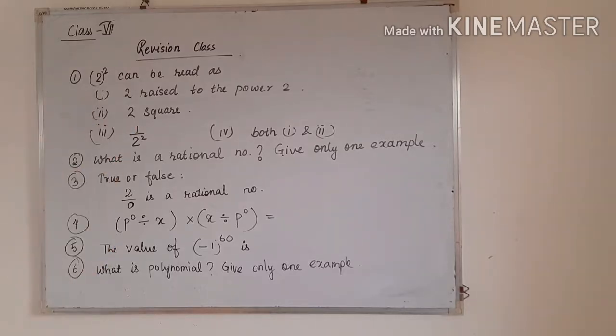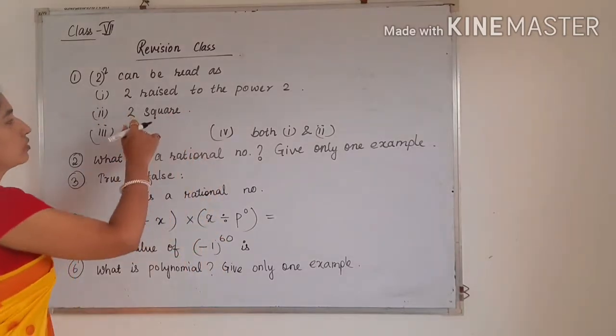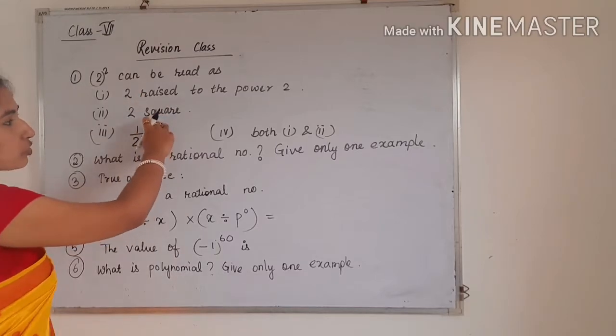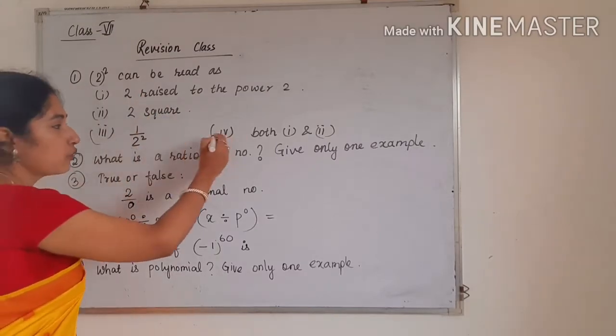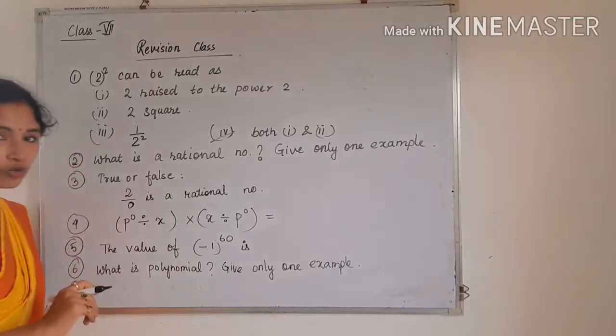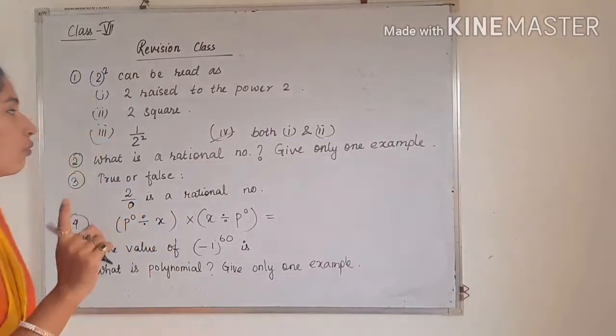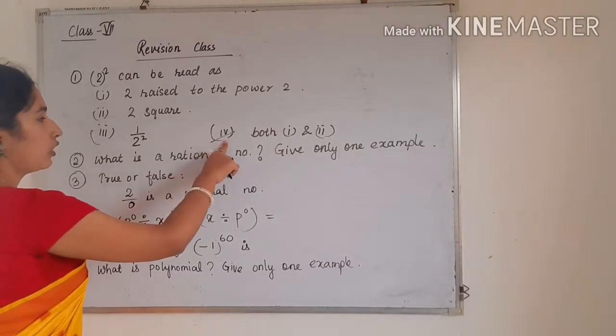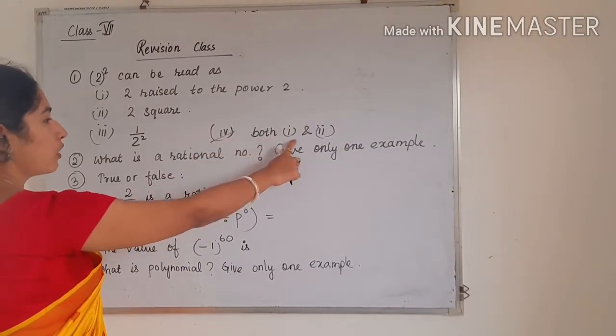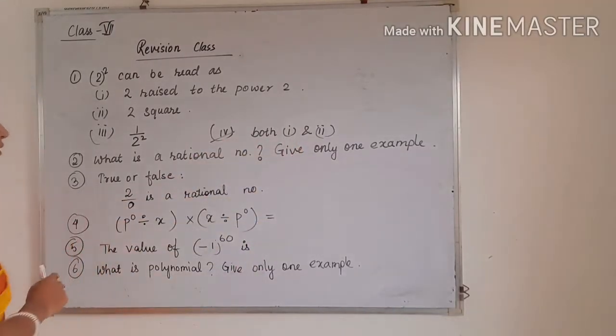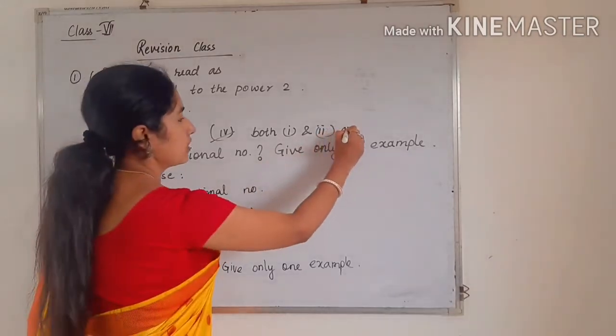Okay, so if this type of question comes, where options 1 and 2 are both correct, that means you have to choose which option? Number 4. As you know there will be only one correct answer, so the one correct option will be only 4, because here it is written that both 1 and 2 are correct.